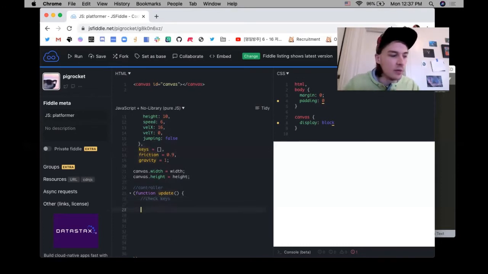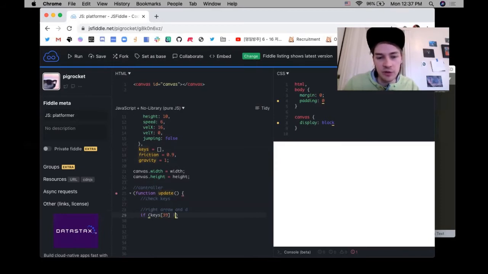Okay, now we're just going to be doing some key press code. And we're going to be supporting WASD and the arrow keys. So they can write another comment that this is going to be the, what is this? I think this is the right arrow key and the D key, right arrow and D. So if keys 39,